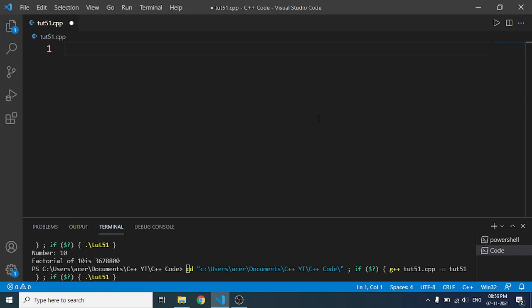Hey guys, in this video we are going to make a program which will find the factorial of a number. Program to find the factorial of a number using for loop. Okay, so for those who don't know what factorial is, let us consider